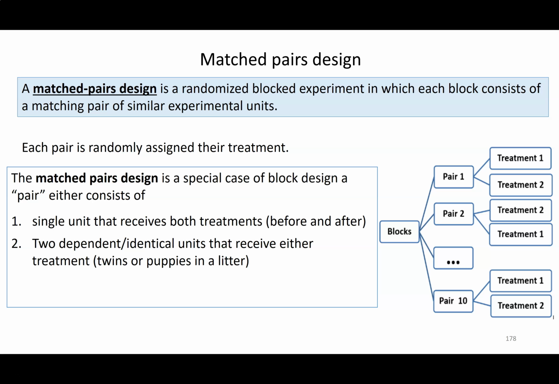So where you see this a lot are an individual that has a pre and post, or before and after score, right? So a person is one block. Their pre-score and their post-score, they go together. You don't want to separate them. You can do this also with 2 dependent or identical units, where one receives one treatment and one receives the other. We're usually not fortunate enough to have identical twins, but I know that